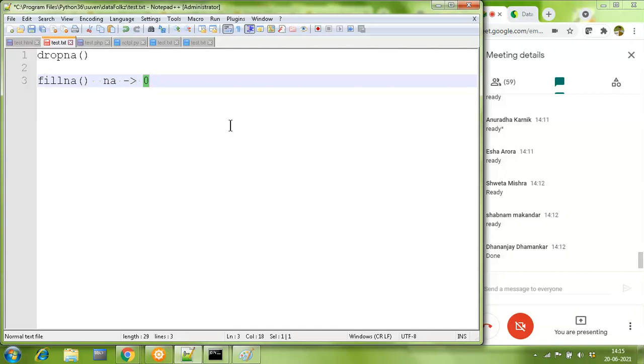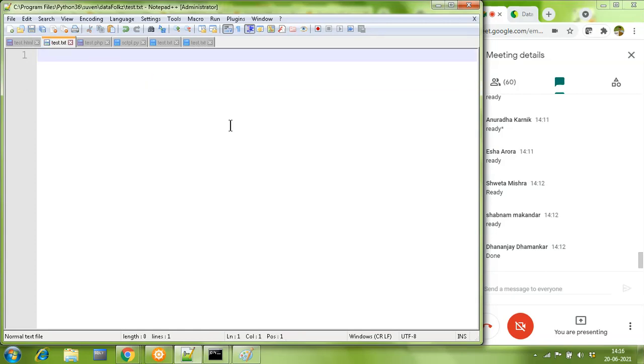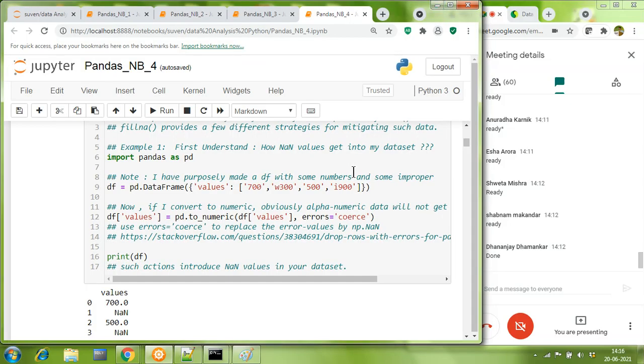So this is okay. The question is, how do NaN values reach your data set? Deliberately, nobody is going to enter NaN. Yes, somebody could keep it blank, I understand. Keeping blank is different, and having NaN is different. Nobody is going to deliberately put a NaN value in your data set, in an Excel sheet or in a CSV file. Blank is okay, but blank is not NaN. Please, blank is different, NaN is different. So we need to first get this point clear of how NaN values will ever reach me.